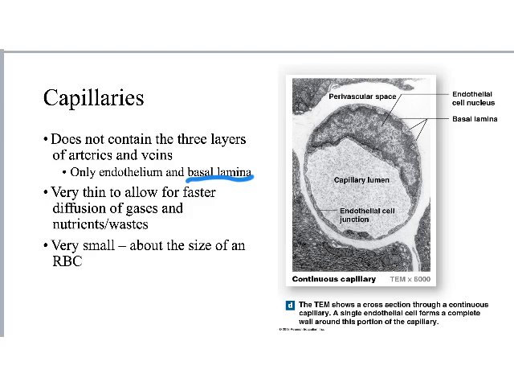So we want very thin cells, hence the squamous epithelial cells, and we really don't want all of that muscle and connective tissue getting in the way of diffusion. So this very thin wall of the capillaries allows for faster diffusion of gases as well as nutrients and wastes. And capillaries themselves are very, very small. In fact, sometimes they're only the size of a red blood cell, which makes it difficult sometimes in the very small capillaries for cells to move through, and they have to march through one by one. So capillaries are very small and very thin, and that's great for their function, which is diffusion and the exchange